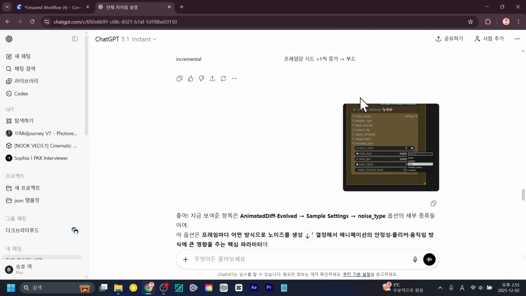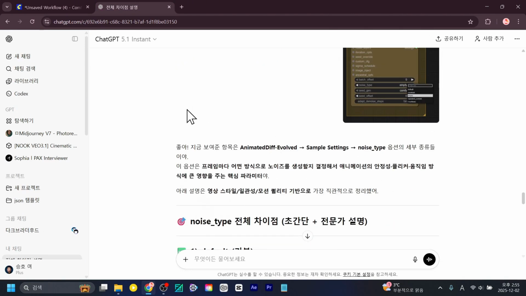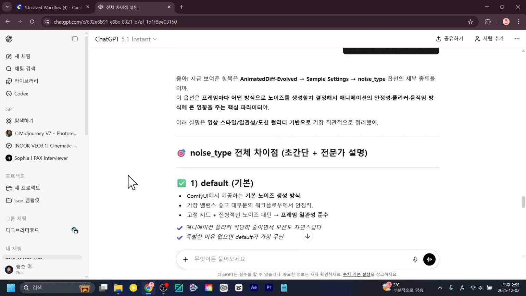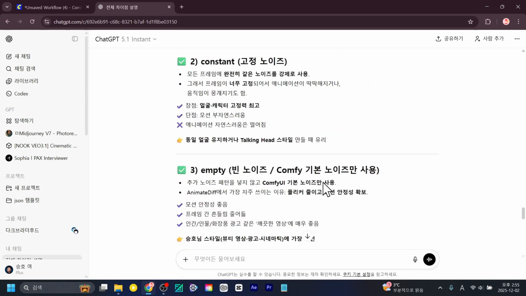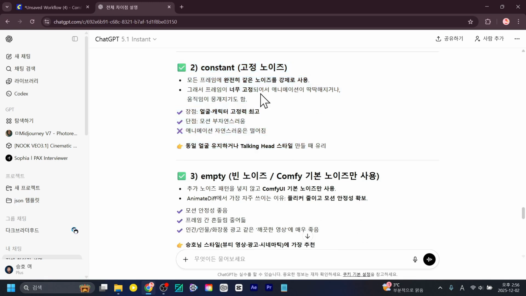If you do it this way, starting from GPT version 5.1, use it in instant response mode. Almost 10 million people in our country pay for ChatGPT, so if you want to study this thoroughly, of course it's better to use GPT. It's much better. Constant forces the use of complete noise.